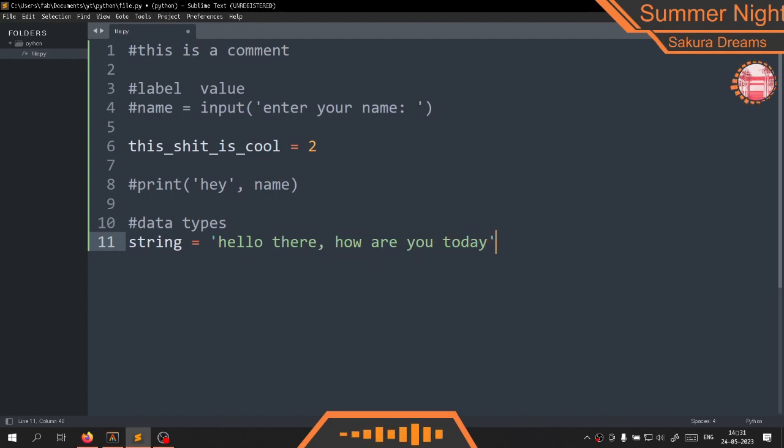Now, the usefulness of doing this is like: "hello there, how's your dog doing?" Okay, now I can put the apostrophe or the quote symbol over here, right? So, how's your dog doing? I can say that with the double quotes, but if I use single quotes here,